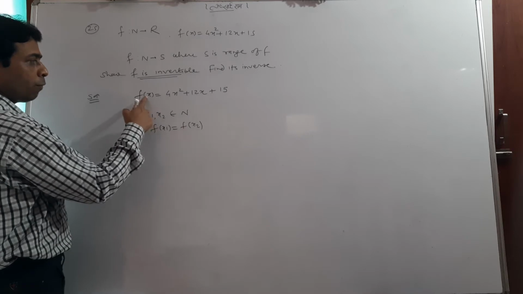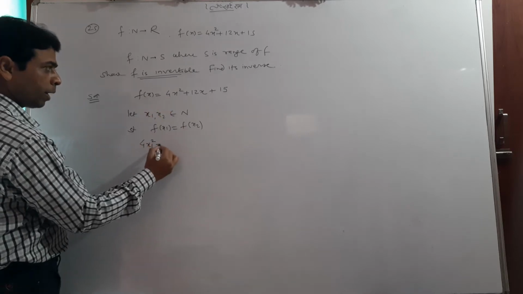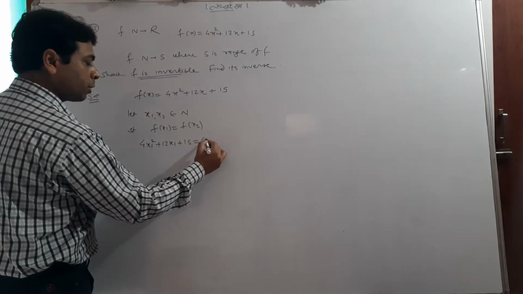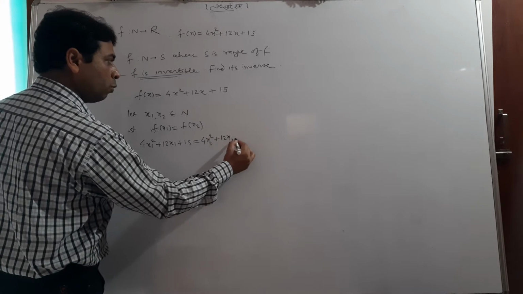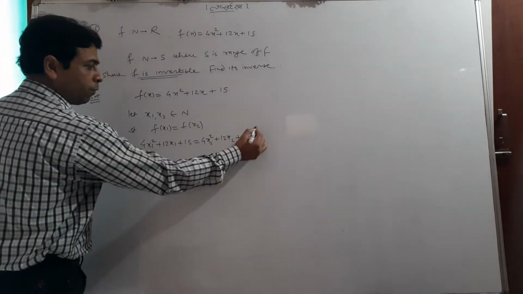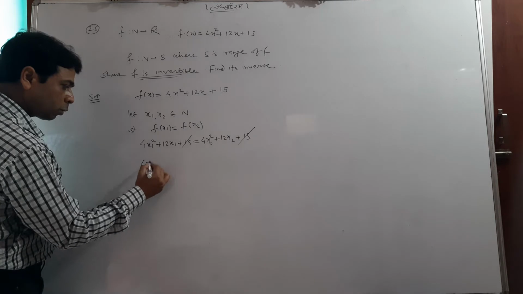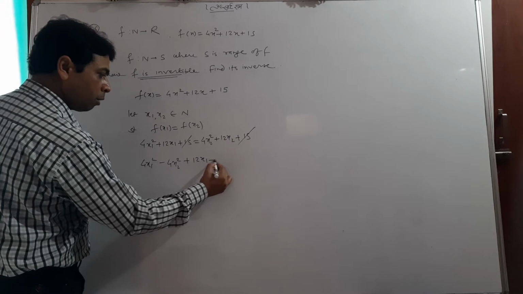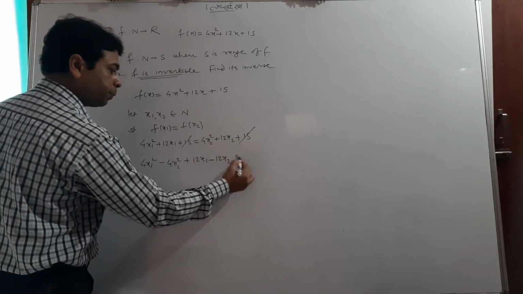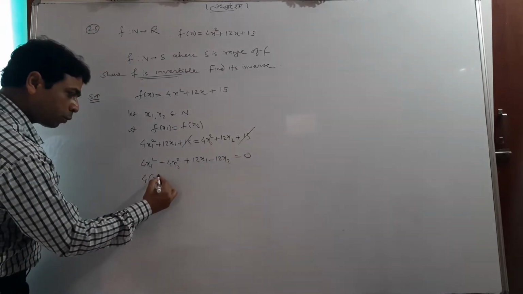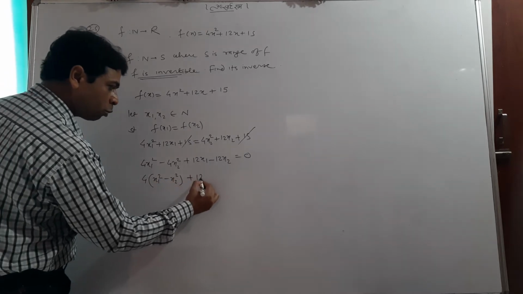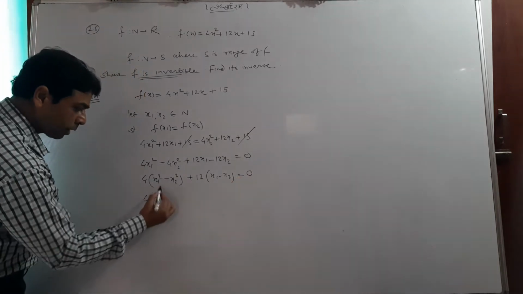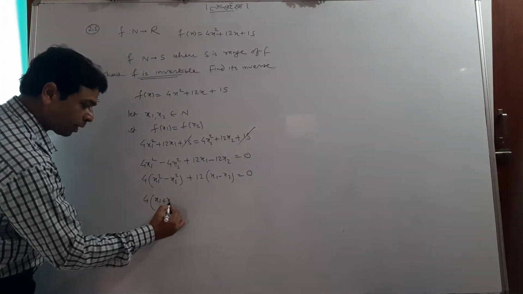f(x1) means 4x1 squared plus 12x1 plus 15, which equals f(x2), that is 4x2 squared plus 12x2 plus 15. So 15 and 15 cancel. Transfer 4x2 squared to the other side: 4x1 squared minus 4x2 squared plus 12x1 minus 12x2 equals 0. Take 4 common: x1 squared minus x2 squared, plus take 12 common, x1 minus x2. Now student, just factorize that term: x1 plus x2 and x1 minus x2